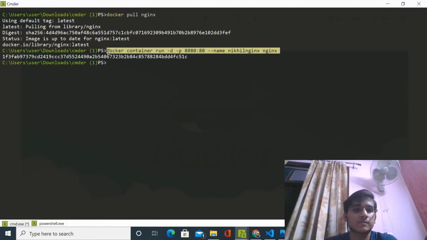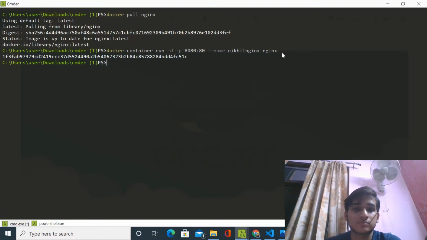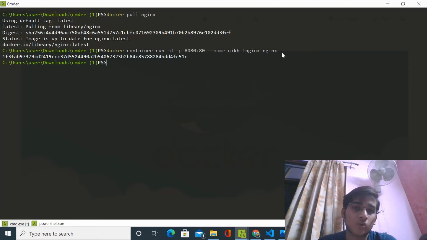What is all this? For making a container, we first write docker, then we write container run to create a container. Then we write -d, which means detach, we'll talk about this later. And -p means port.